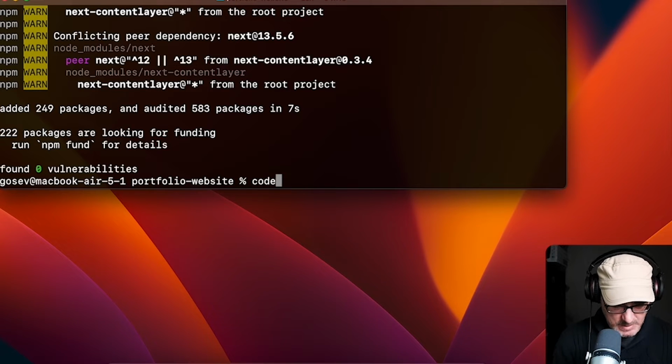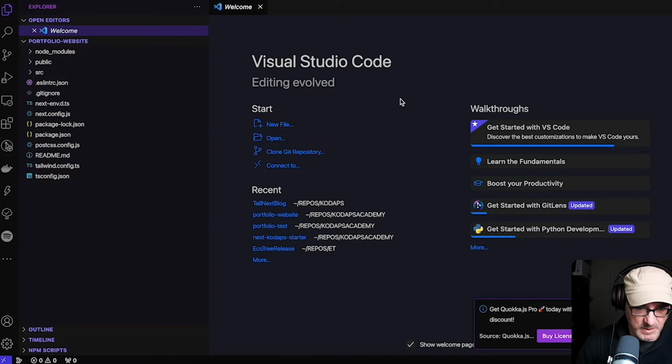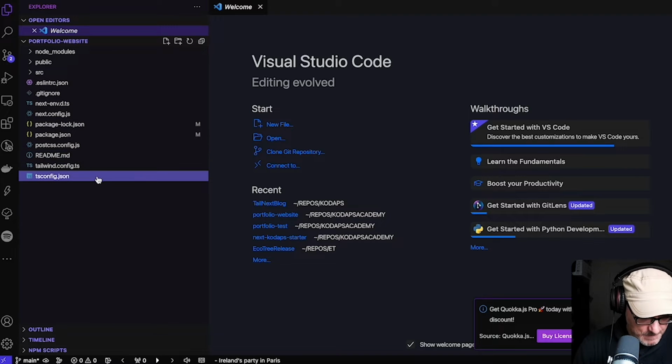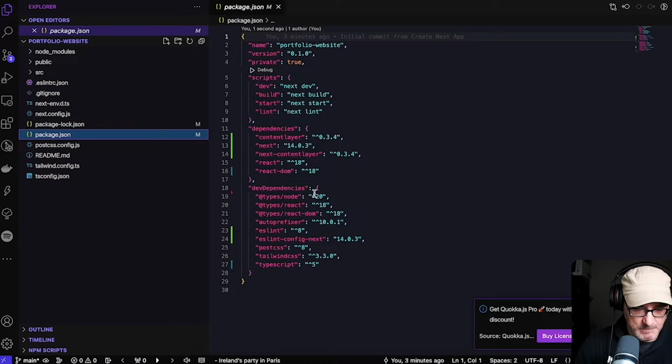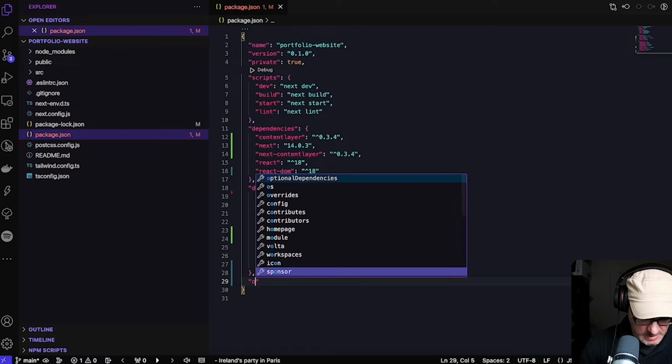Now let's open Visual Studio on this project. Now the first thing we're going to do here, we're going to go into the package.json. And the thing is, to be able to have ContentLayer not complain every time that we have the dependencies that are wrong, we're going to override the dependencies here. So we're going to add overrides,